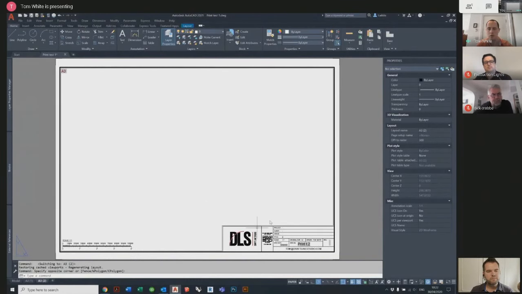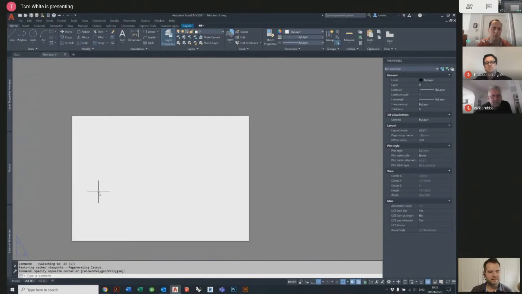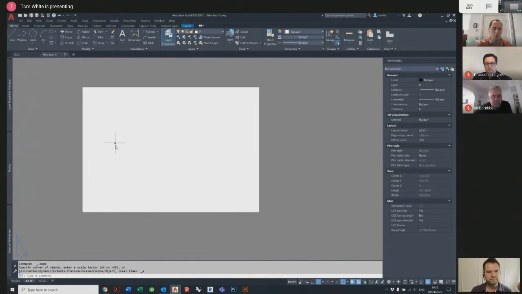This is my title block on an A3 piece of paper, which we'll go through in a second if we've got time. But this here is just a totally blank piece of paper. I've got no idea what size it is. It's got no representation of my model space drawing. So I need to right click on the tab at the bottom here, and I need to go to